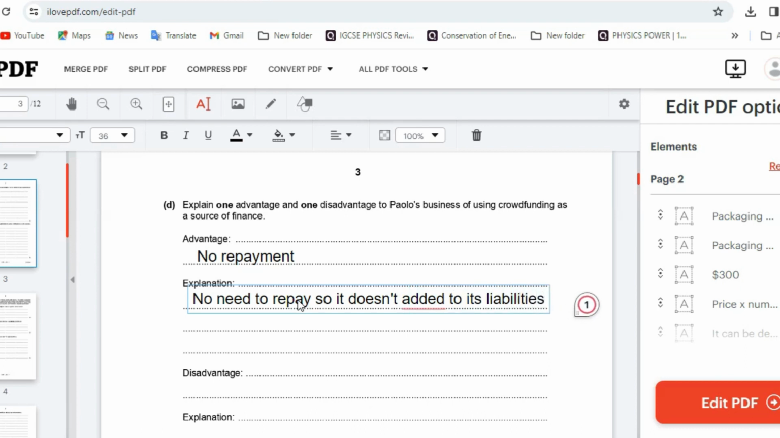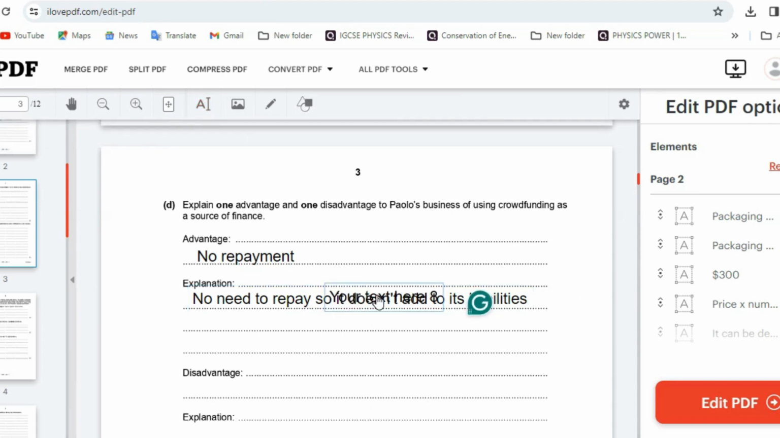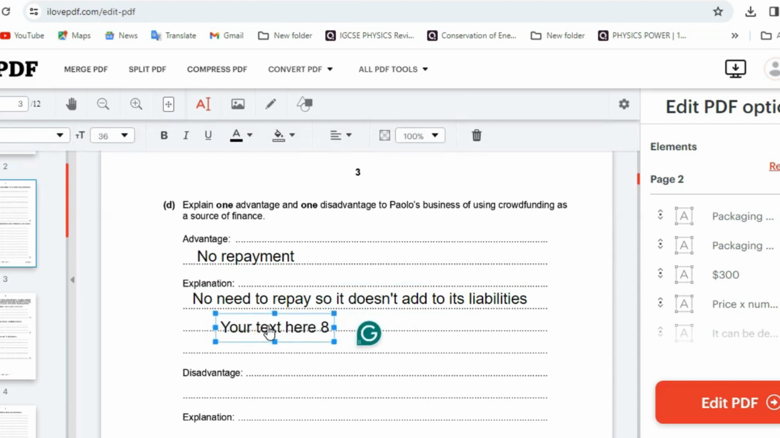Liabilities, yes, you can also call it debt. It doesn't add to its liability. And also low interest. When there is low interest, that means it does not increase cash outflow for the business startup. Yes, for the business startup, we can leave that because we are just to explain only one, but we have more. Okay, what other disadvantage do you know of using this